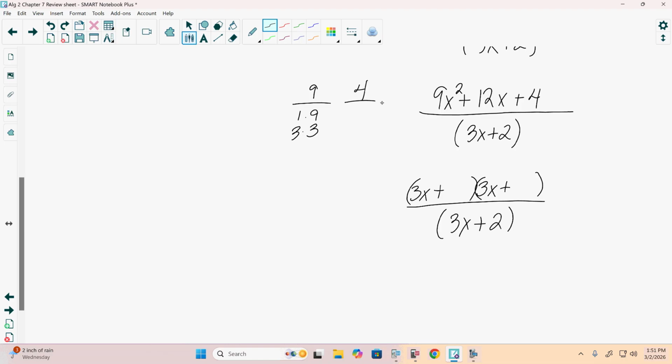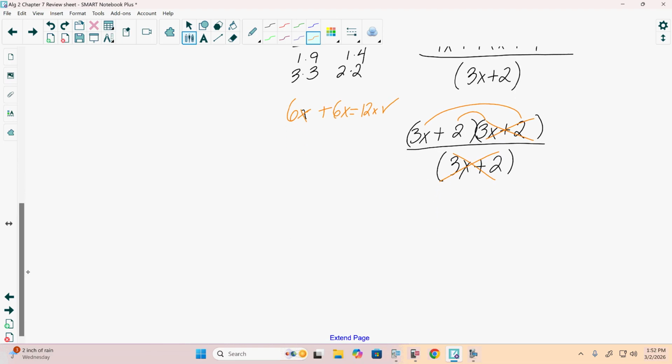Factors of 4: 1 and 4 or 2 and 2. We'd want the 2 and 2 so that we do get a 3x plus 2 on top and bottom. And if I did check this, 3x times 2 is going to give me 6x. 2 times 3x is also going to be positive 6x. And 6x plus 6x is positive 12x, which is the middle term we wanted. That also means a 3x plus 2 on top and bottom will simplify, leaving us with